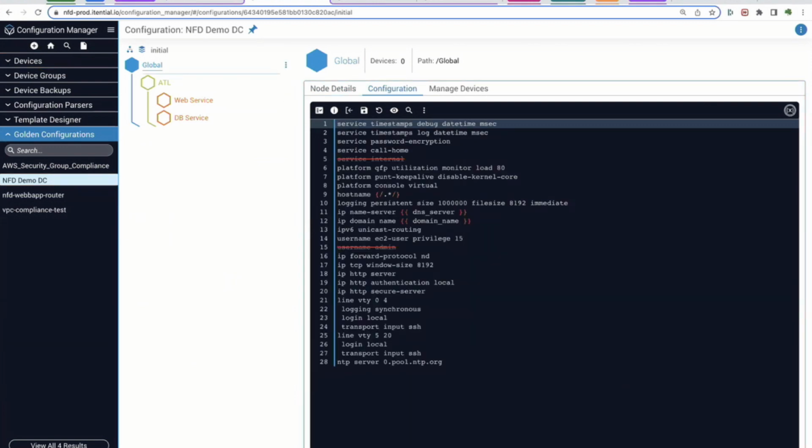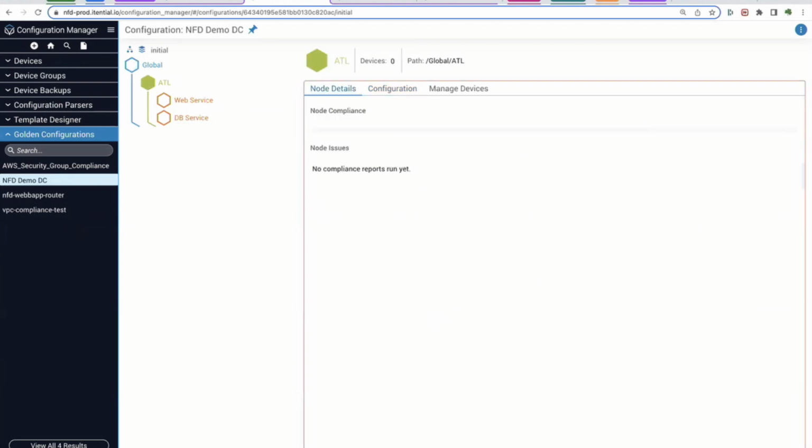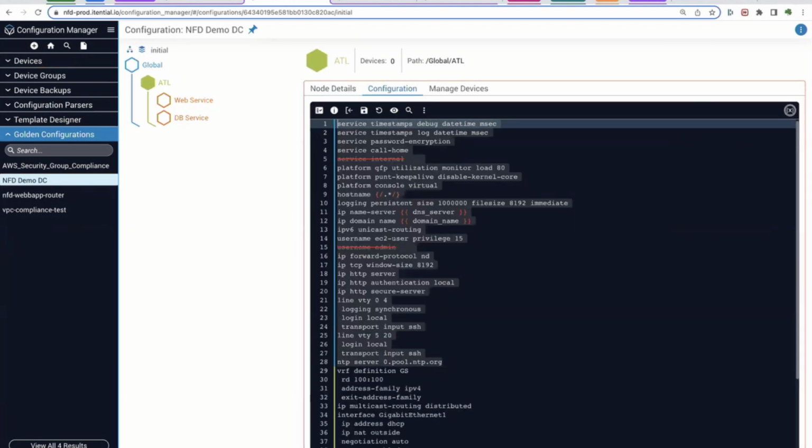So I have an inheritance model here where I have my blue configuration. It's global rules. There are a bunch of global parameters that I want to see on all my devices throughout my network. I also have some regional set of rules, and you can see how this starts building in. So my global had all the blue section on down to here to my LAN 28 where my NTP server